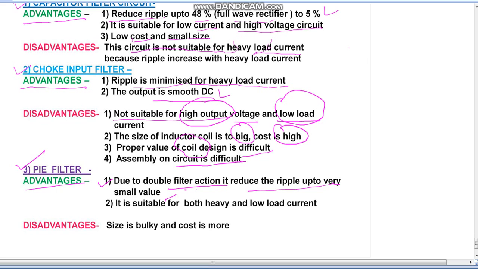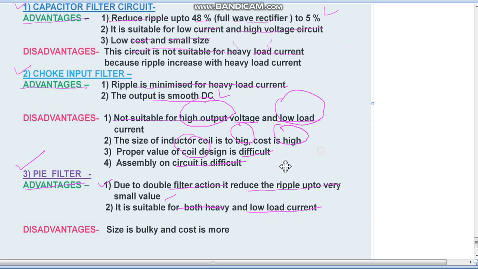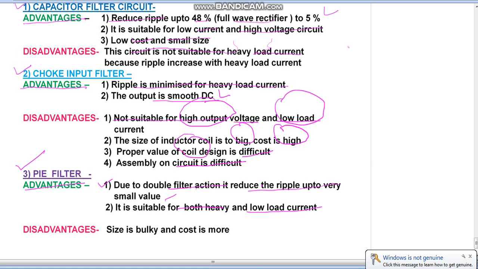Ripple is reduced to a very small value, and it is suitable for both heavy load current and heavy output voltage. So those are the advantages of the pi filter circuit. Due to double filter action, it reduces ripple to a very small value, and it is suitable for